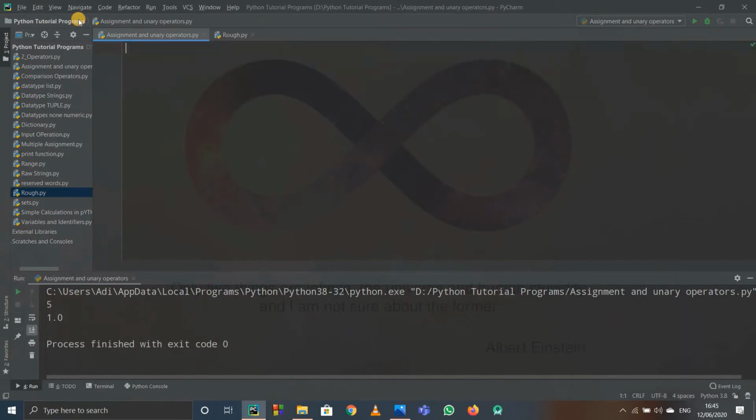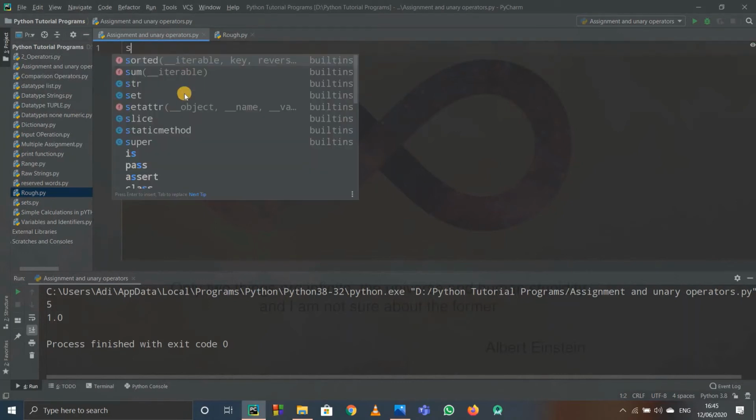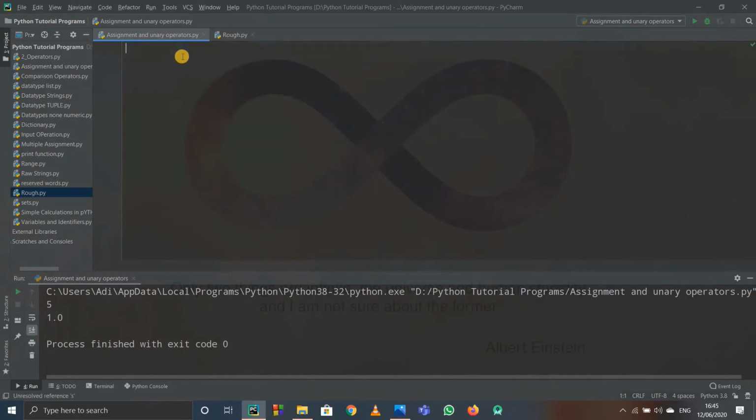Now we want to see what are the unary operators. Unary, see, binary means 2, unary means 1. So it just has one value. So basically unary operators are, I'll just write them in comments. They are unary plus, then unary minus, and again unary. This thing over here, this sign is complement actually. See, this sign is below the escape key or to the left side of the number 1. So there you will find this thing over there.